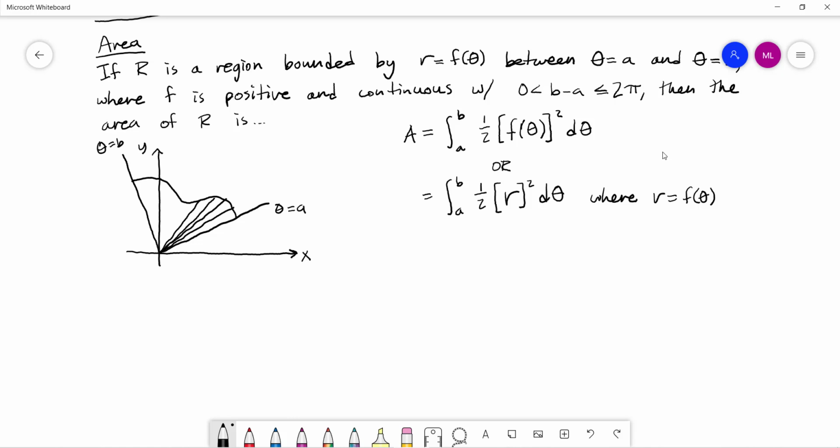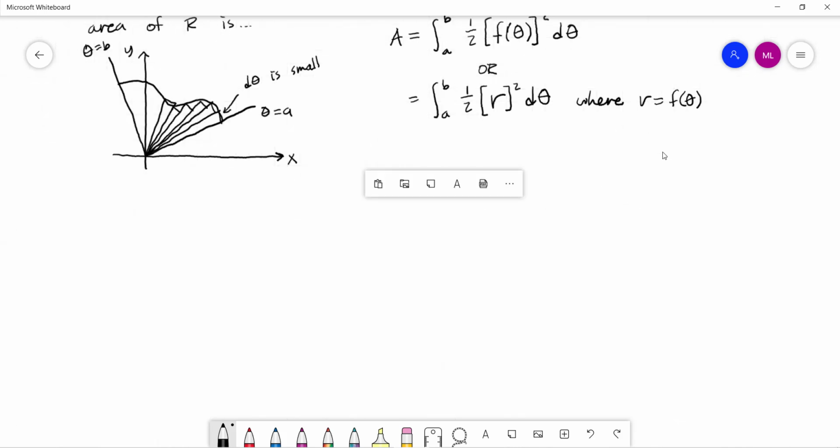What we're going to do is chop these up in such a way that we get a bunch of little tiny triangles out of these things. And then we're going to sum up all these little areas of these little triangles. So d theta is what's small, and so we're looking at these little sections here. If we zoom in,